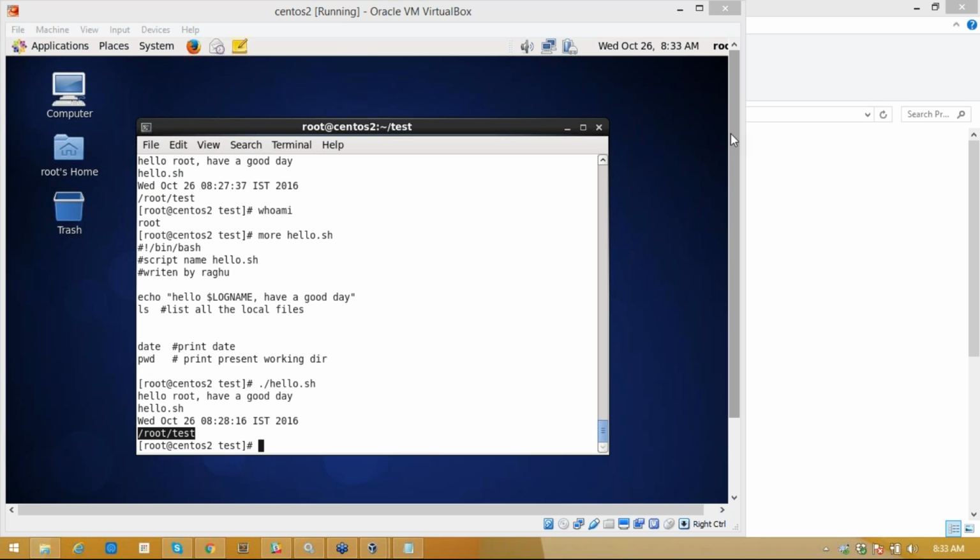We have seen some directories yesterday, bin, root, all those things. Now we'll try to work with more shell scripts. You can use the man command to go through all the commands, whatever you want. All the commands are available with man.